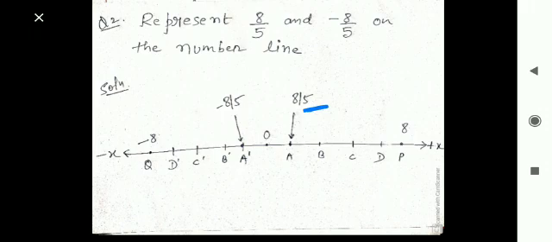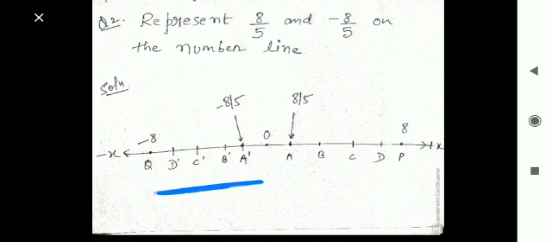It means that line OQ will be divided into 5 equal parts, and again that line OP will divide into 5 equal parts. So see here, that is the equal part. OA dash, then A dash B dash, then B dash C dash, then C dash D dash, and D dash OQ. These all are the 5 equal parts of line OQ.